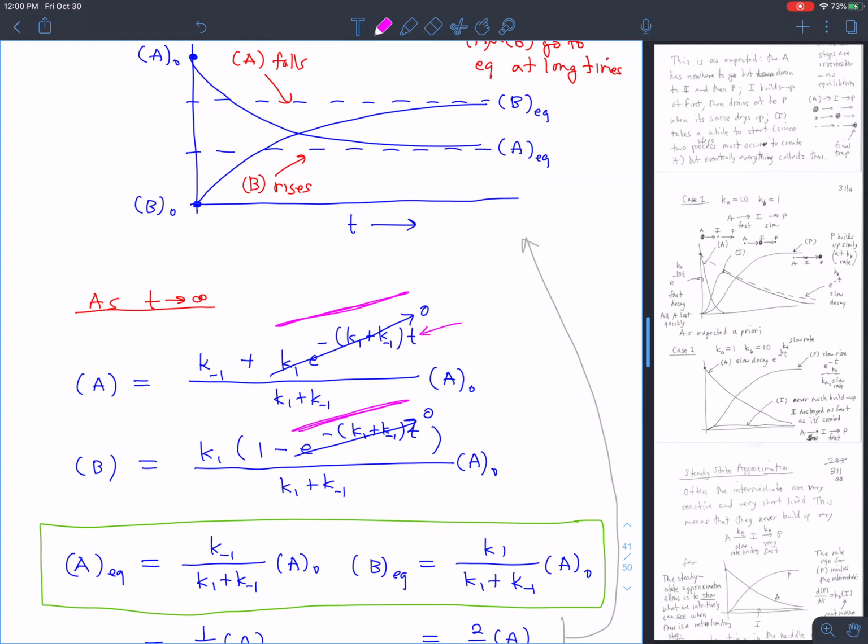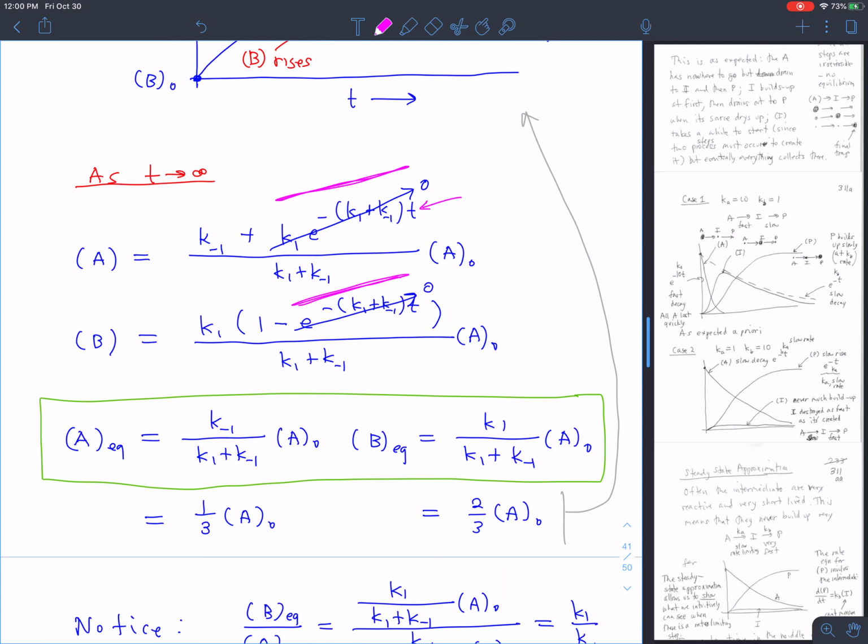And you can see that when that happens, we get that the concentration of A at equilibrium is equal to K minus 1 over the sum of the two rate constants times the initial amount of A that we had. And likewise, the B concentration at equilibrium is equal to K1 (notice K minus 1 over here, K1 here) divided by the sum of the two rate constants